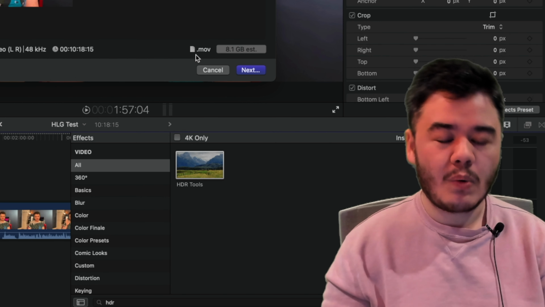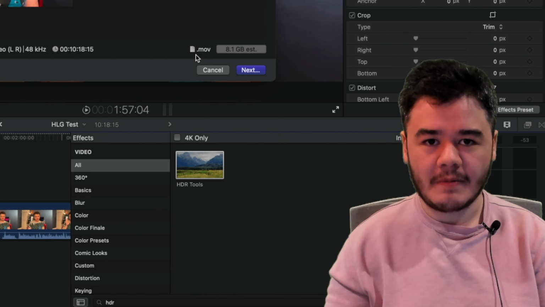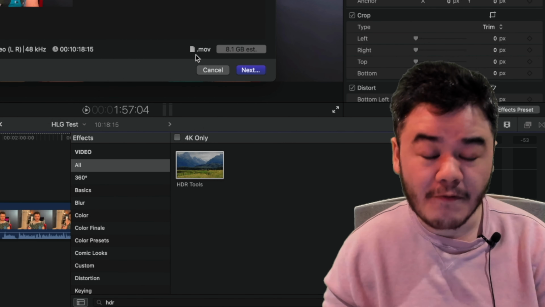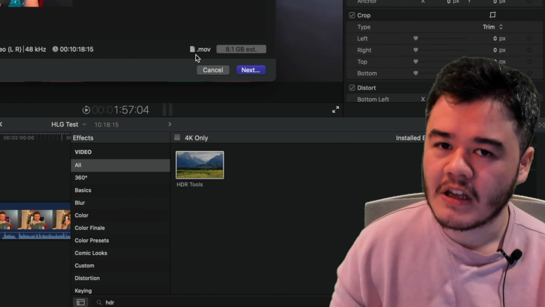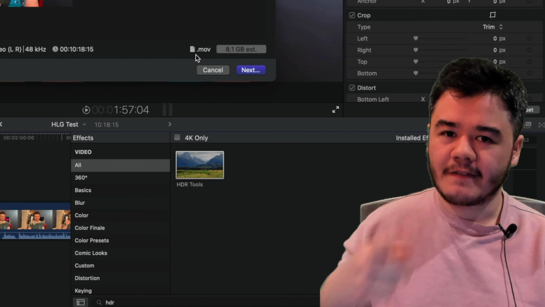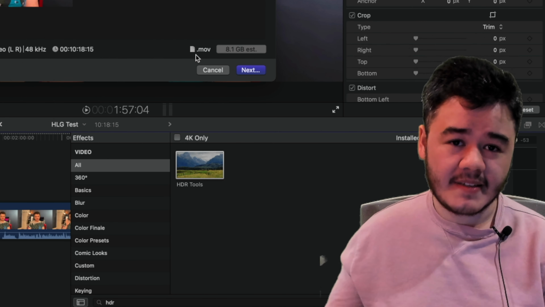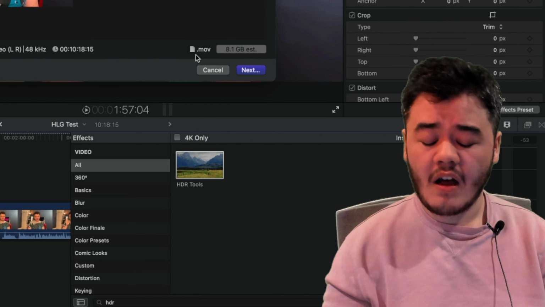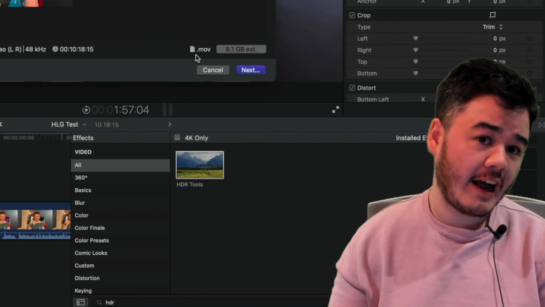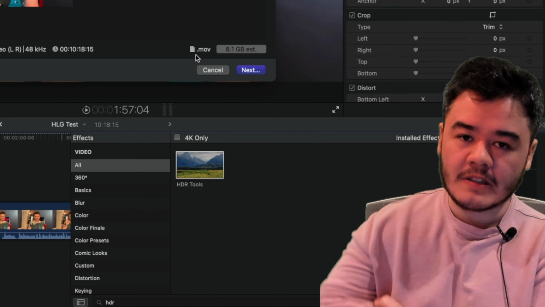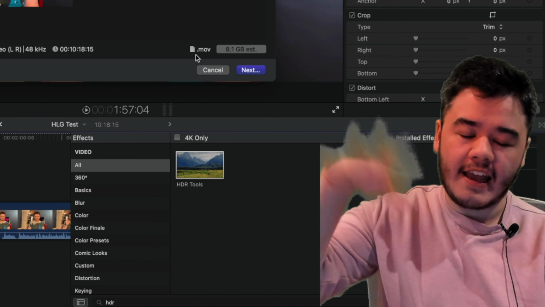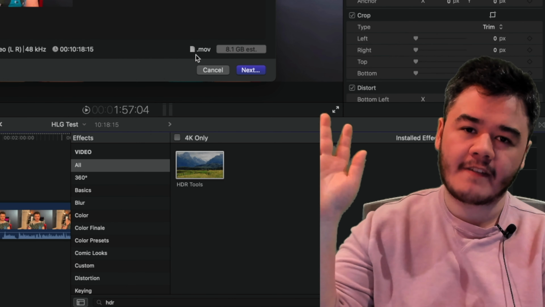The main thing with working with HDR for YouTube, and this is something you guys need to recognize, is that it takes YouTube quite a while to do all the conversions and all the processing, like the HD processing. I've noticed on the iPhone camera video that I did a few weeks ago, it took up to 48 hours for YouTube to create all the HDR versions and the non-HDR versions.